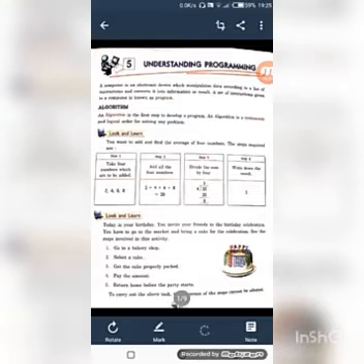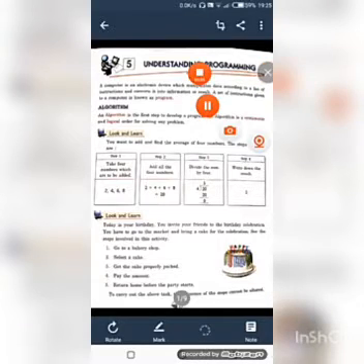So the first step is go to a bakery shop. First of all, you will go to the bakery shop for purchasing the cake. Then you have to select a cake of your choice. For example, if you like chocolate cake, dark chocolate cake, or pineapple cake, you have to select a cake. Then get the cake properly packed.